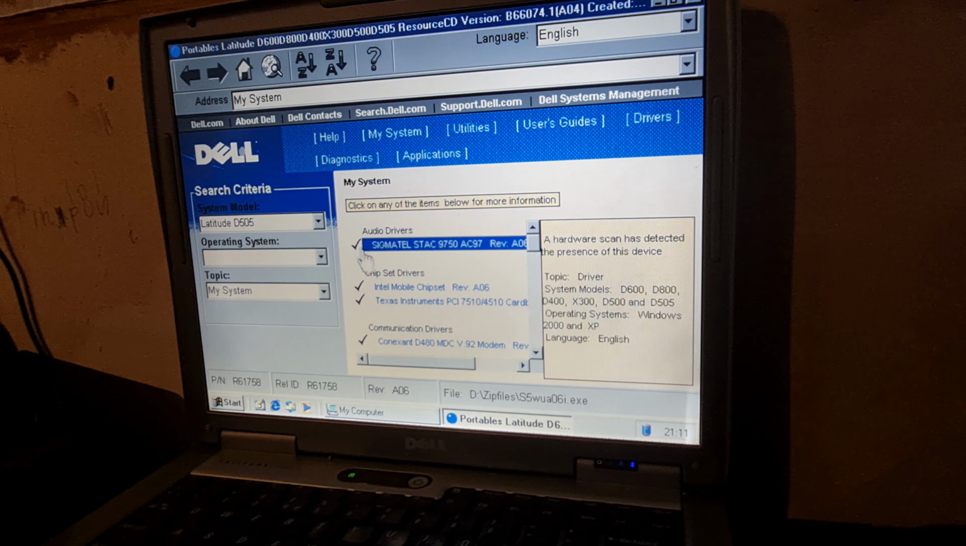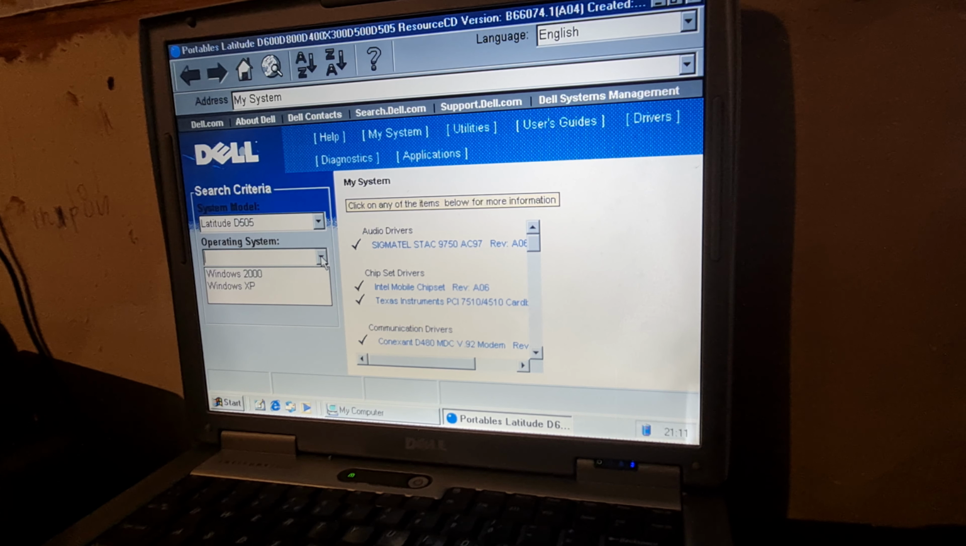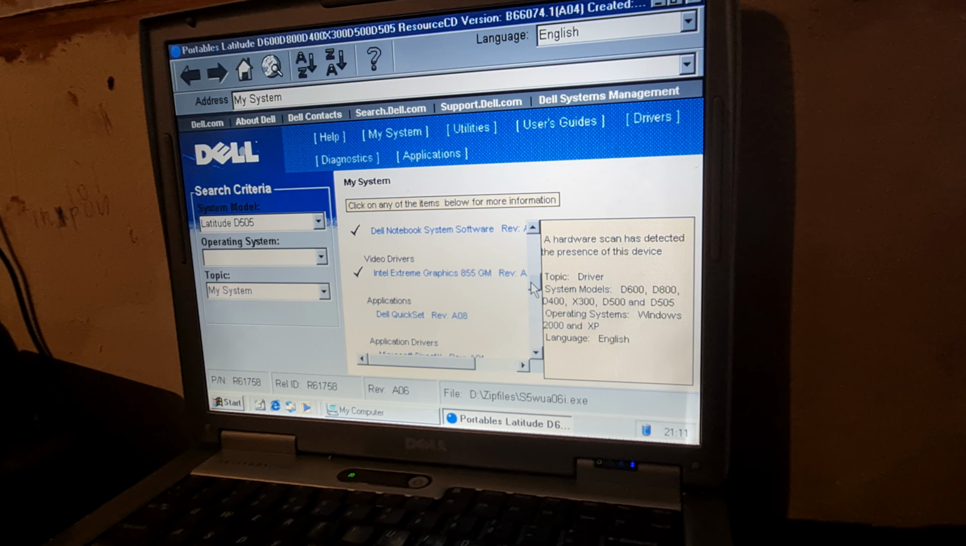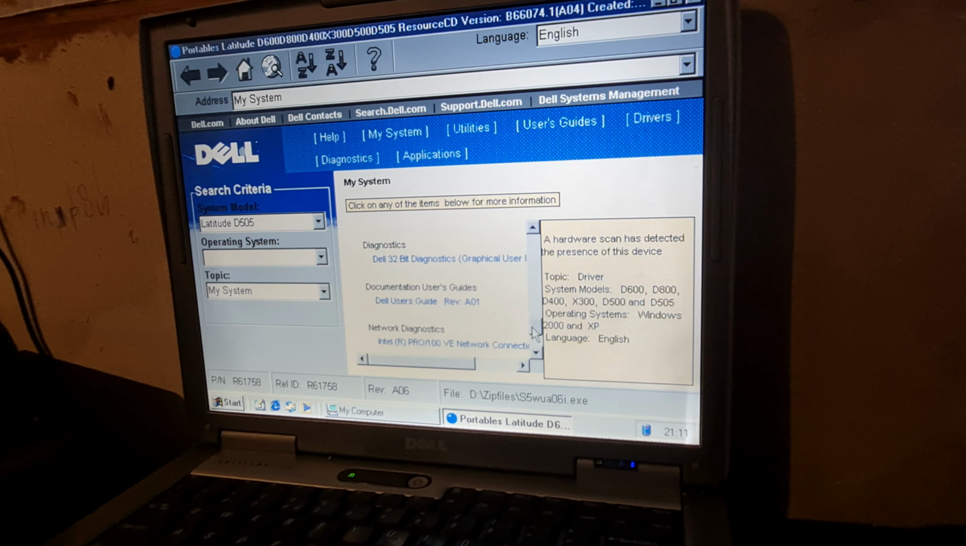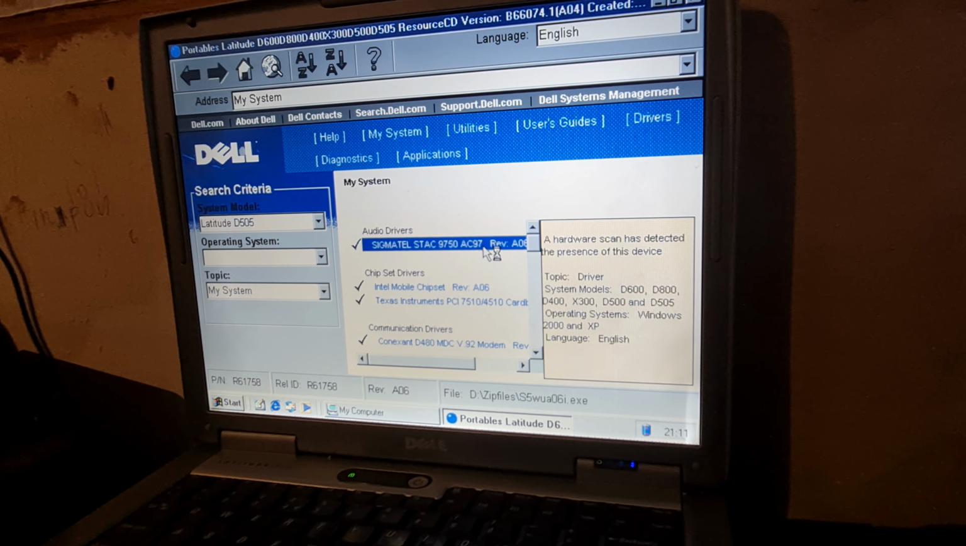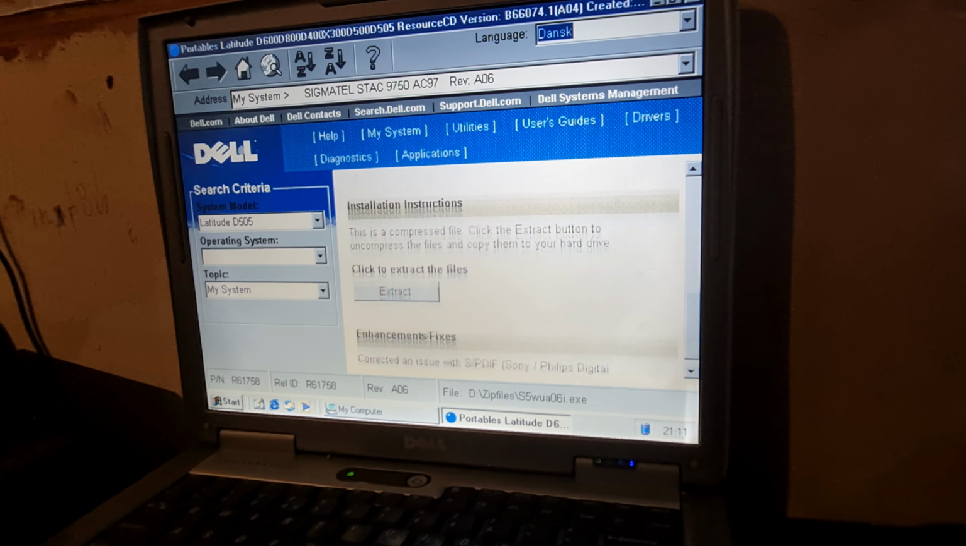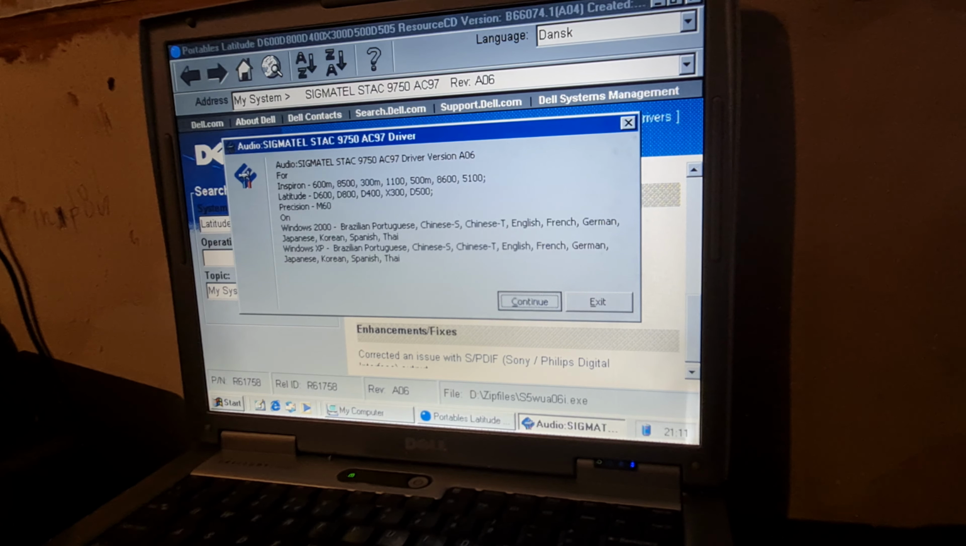Detecting hardware, operating system. We have got Windows 2000 or Windows XP, so all of these drivers here will be compatible, and we are going to install everything including the applications. So let's get started with the audio. Need to scroll down and here somewhere, extract there, continue,